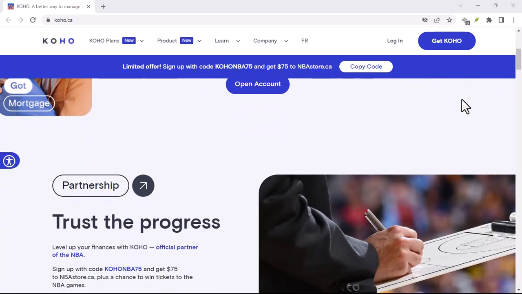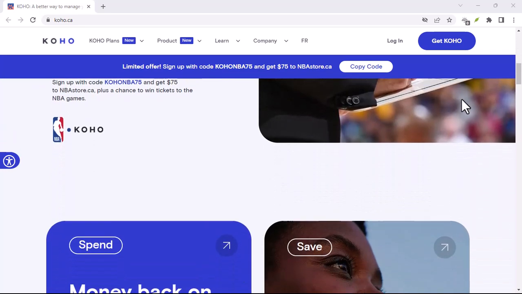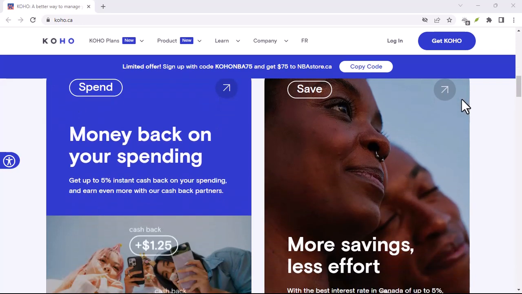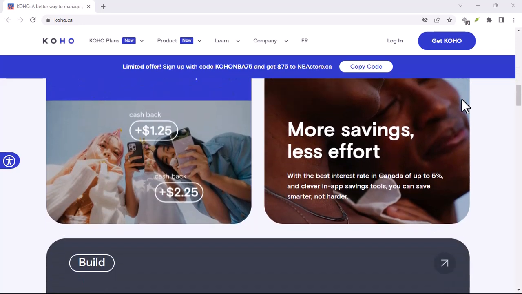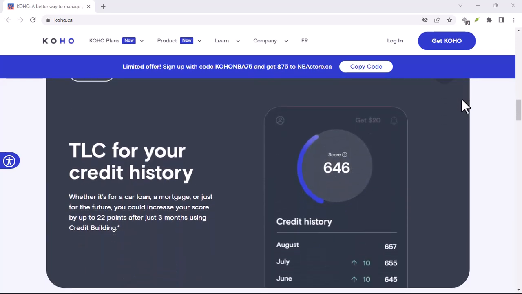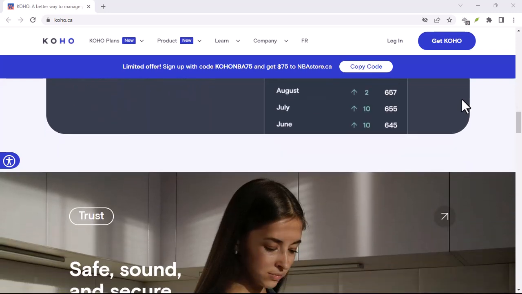Today, we're going to be talking about how to load money onto your Koho card. Now, I know a lot of you have been asking about this, and I'm happy to say that it's actually a pretty easy process. There are a few different ways to do it, so I'll walk you through each one step by step. But before we get into that, let's talk about why you might want to load money onto